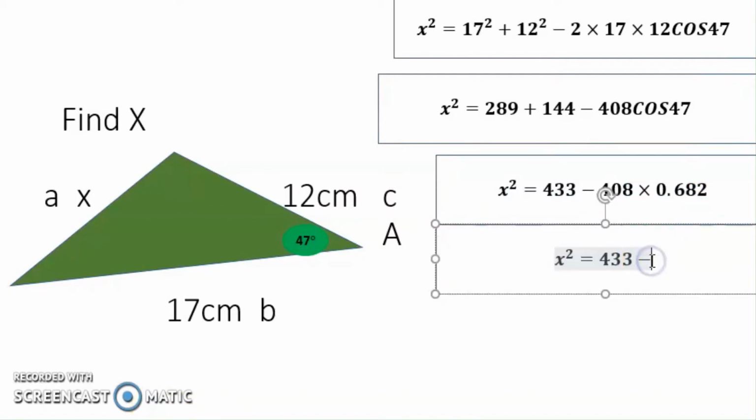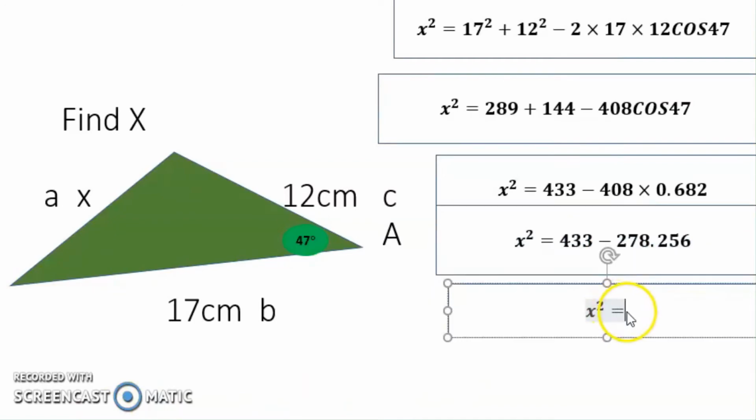If you multiply that, you are going to get 278.256. Now we are going to subtract this from 433. So if I subtract 278.256 from 433, I get